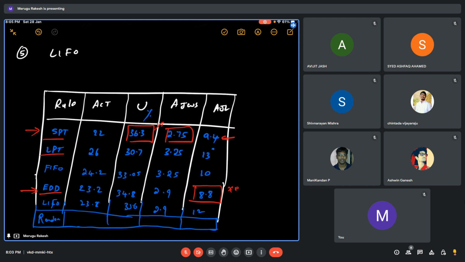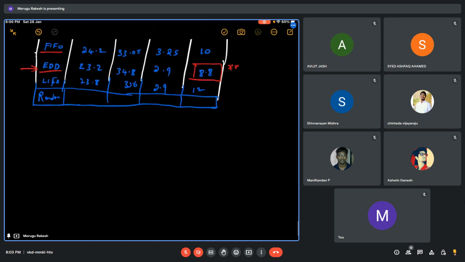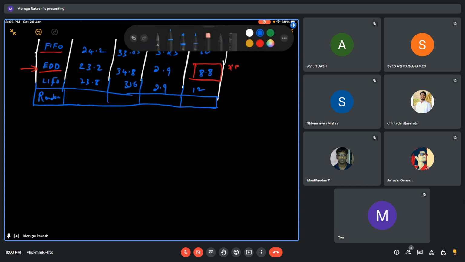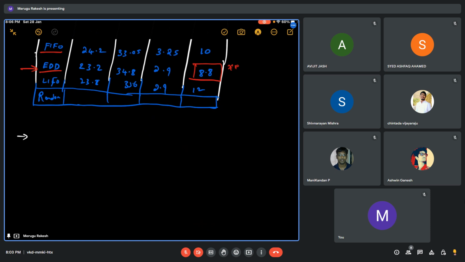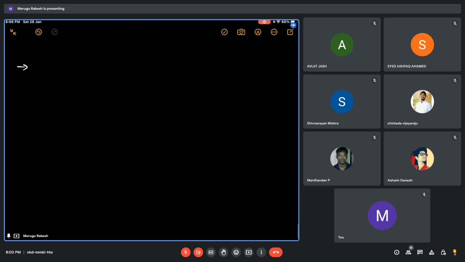But if you see first in first out, whoever is coming first gets the fastest service, so it will get some customer goodwill compared to the other processes. These are some conclusions that you can draw from this. So there is one more method I'll discuss. These are some of the rules that you have to follow. Then we have